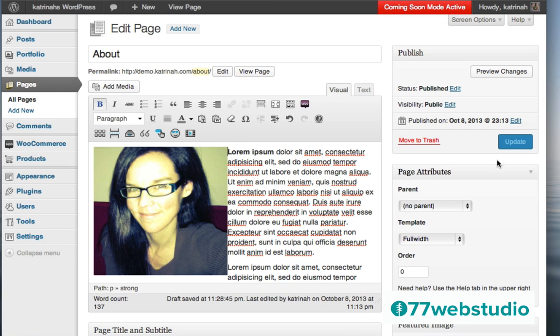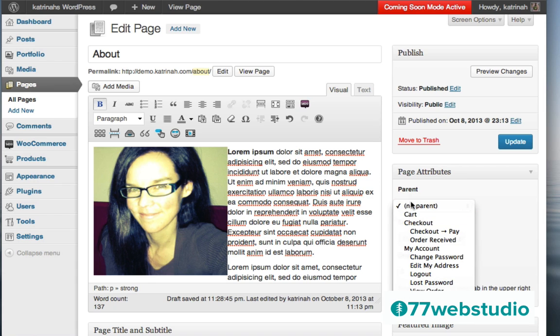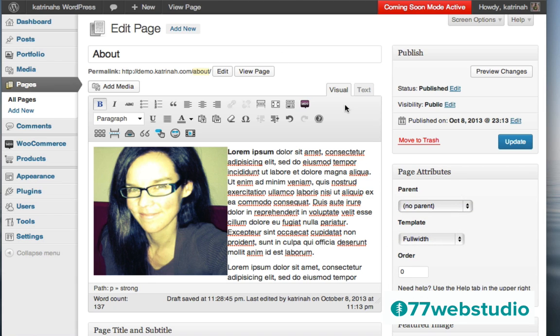The next step is looking on the right-hand side, we can choose our page attributes. If you'd like to create a parent page, you can select from this list here. I'm not going to include a parent. This page will actually be the parent page. As far as template goes, we have a number of options. When I click on this link right here, we have a drop-down box, and by default you'll have the default template, which includes a sidebar, but if you'd like to include another type of template, you can choose that here. And for this particular page, the About page, I'd like to have a full width template with no sidebar, so I'll just click on full width.